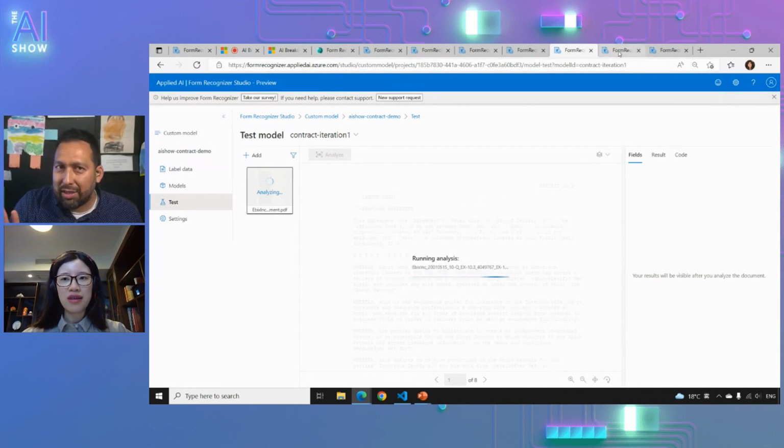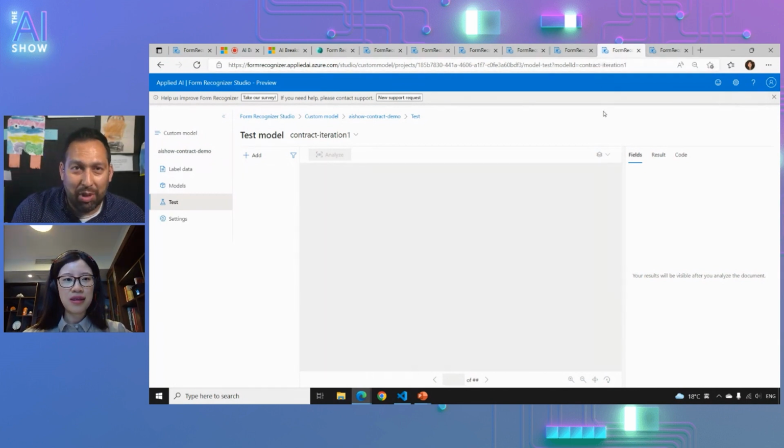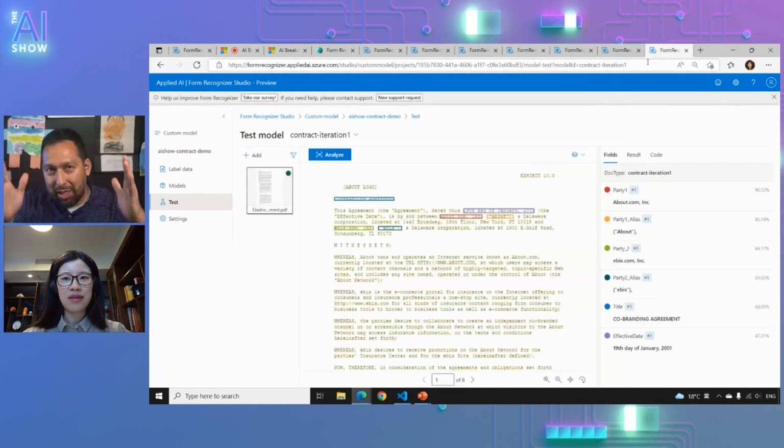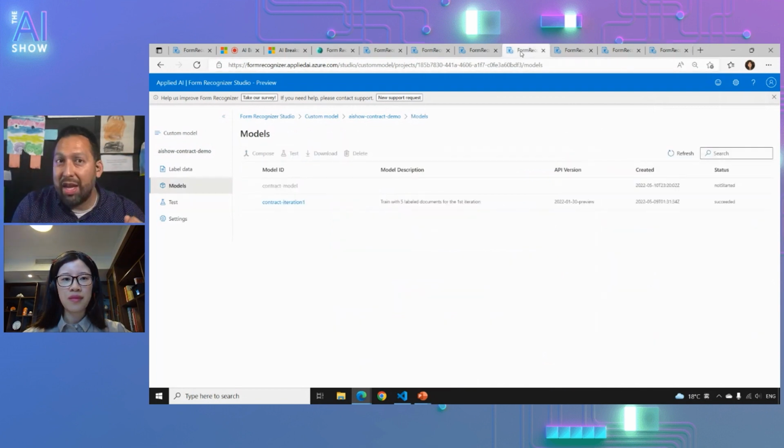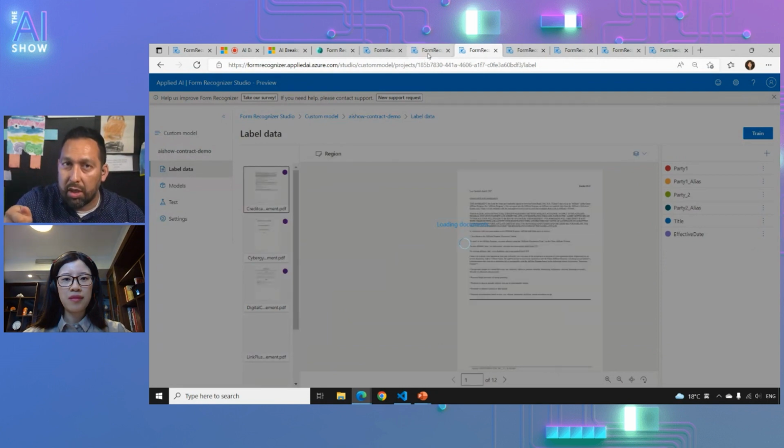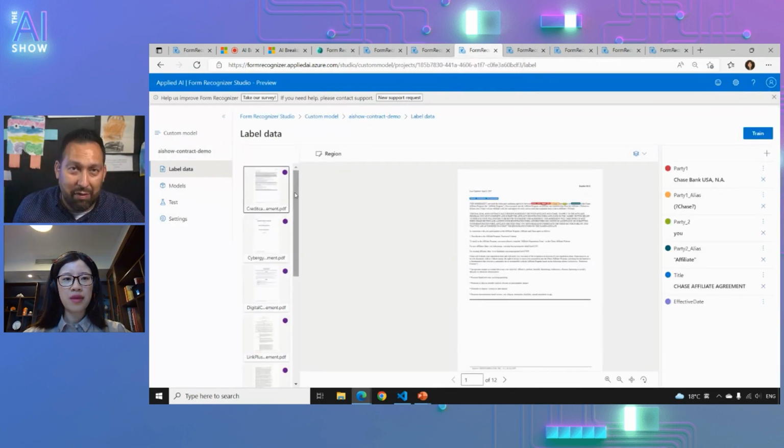So as it's doing that, I want to catch up a little bit. Basically, you take any contract that you want to do form processing on, you highlight the things that you want to get out of it, and then you train a model with examples of these things. Am I getting this right so far? Yes, exactly. Okay, and then once you've trained the model, how many documents would you need? Well, we'll get to that question in a second. You train the model, and then you can give it new forms that it can do inference on to get the stuff out.